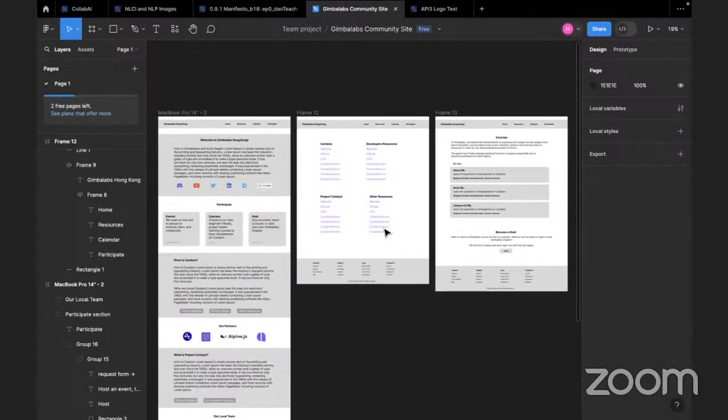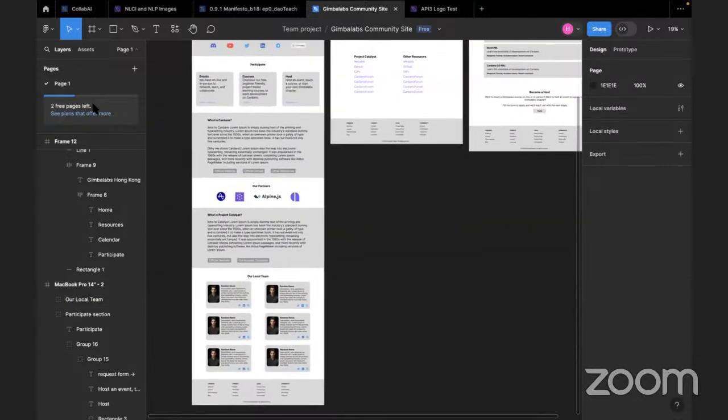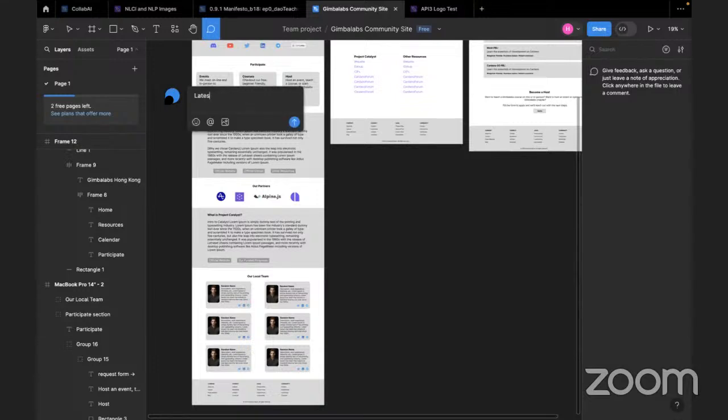And another thing, I'm thinking from the story point of view, maybe at first glance on the website, I would feel quite good if I could see the latest events in the local setting. Just coming onto the landing page, already seeing some photos of the latest events, and then upon scrolling down, it comes to the intros, like what is Gimbalabs Hong Kong, what is Cardano. Just get people's attention at the time that they land on the page.